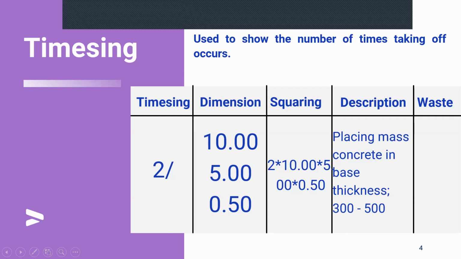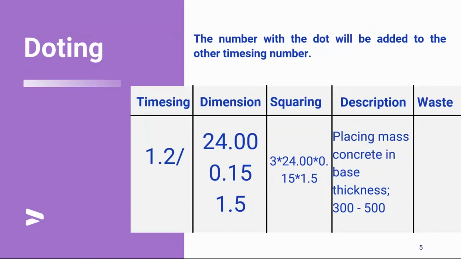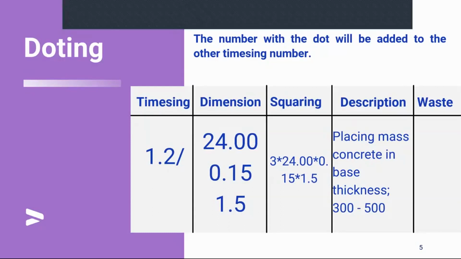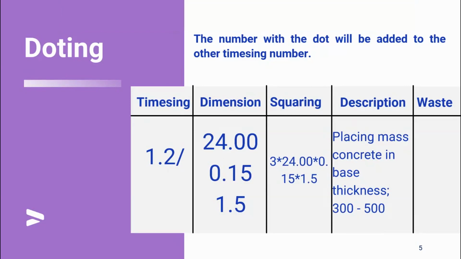Then we go ahead to talk about dotting. We all realize that when you're on site, you have calculated that things should go a particular way. However, it won't go that way. It is not really your fault. It is probably because there was a miscalculation somewhere. So in a case that I have a construction going on and something happened on site and I couldn't calculate and put things in place for my material,